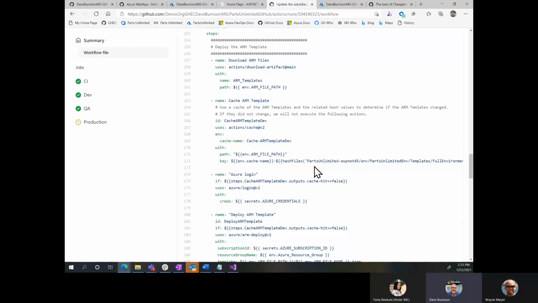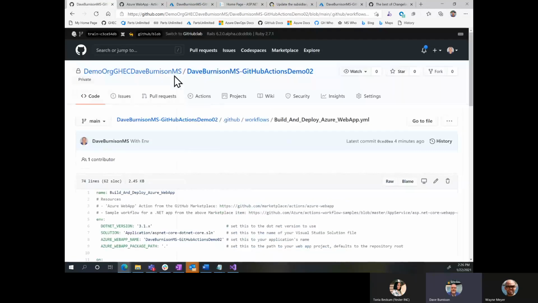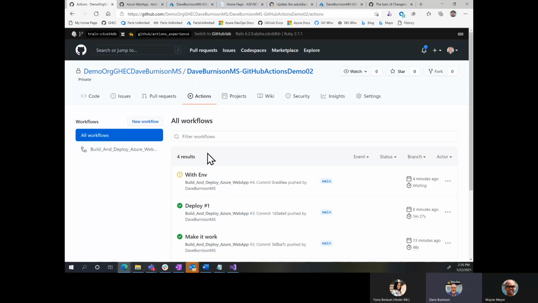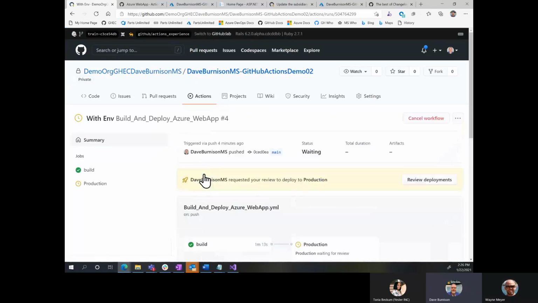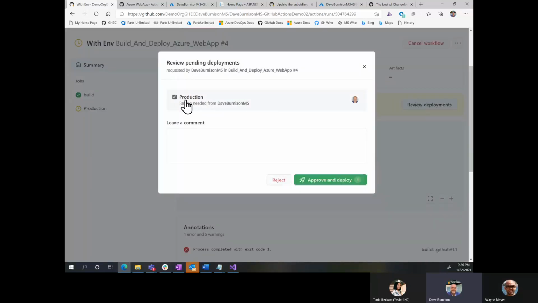So with a single file, I can use it for both pull request validation, and I can use it for my main build and deployment and everything. And I can build in smarts about running steps only when we need to, only when certain files have changed, and all of that. So we've really built this out to be a much more robust continuous delivery system in addition to being a continuous integration system.